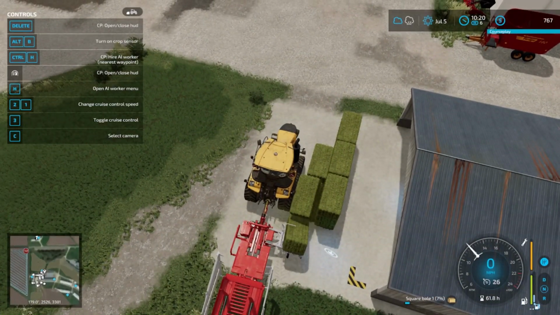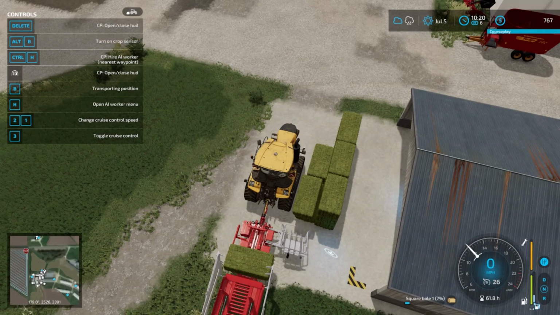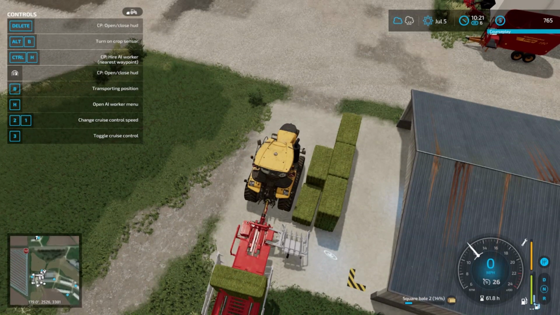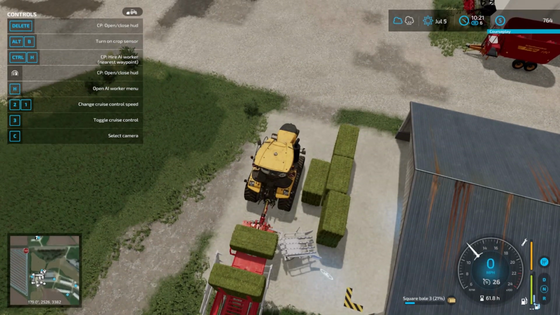I was looking around and I figured out we can sell bales. There is a spot on the map for it. So we're going to grab a load of bales and see how much they sell for. I'm hoping it's a decent amount. If it's not, we might be in trouble. But we definitely have bales to